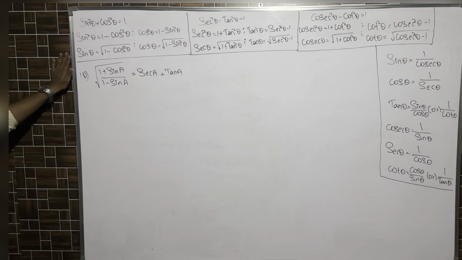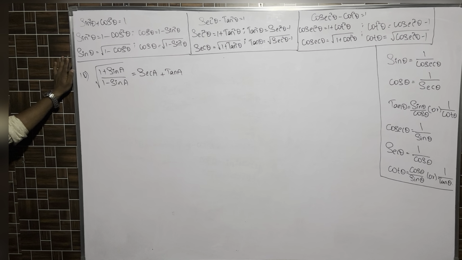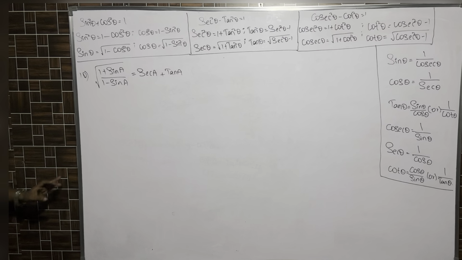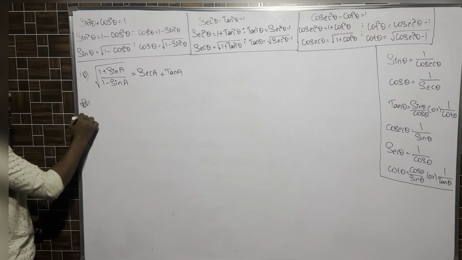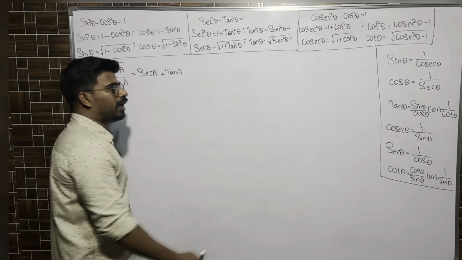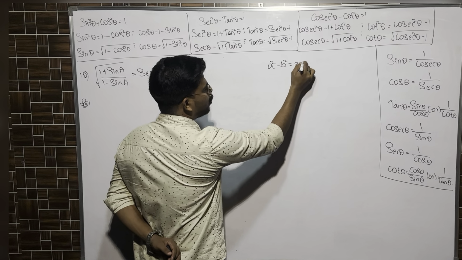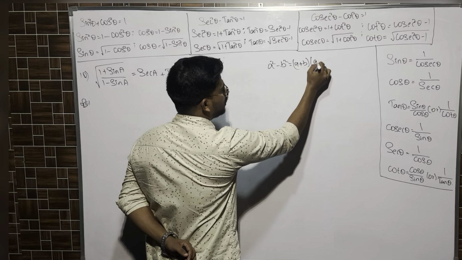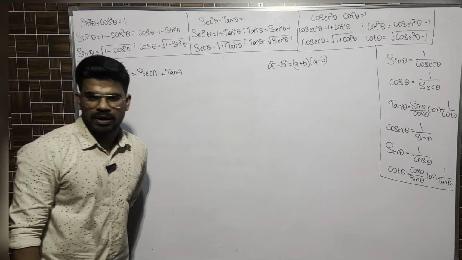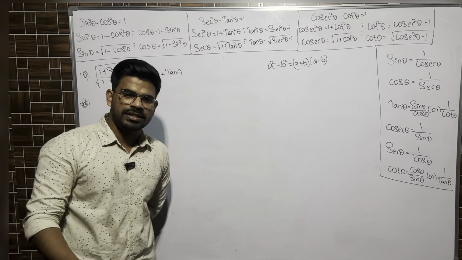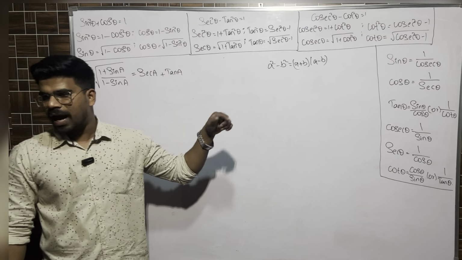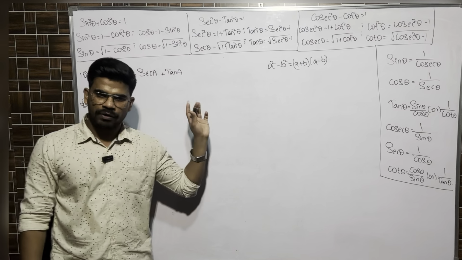So if root is there, in order to get rid of the root, from the 9th class we do rationalizing the denominator. First we have to rationalize the denominator. Some formula which you will use quite often here is a square minus b square. A square minus b square is equal to a plus b into a minus b. You already know this. This formula will be used very frequently, and whenever we rationalize, it is followed by this formula. After rationalizing, this formula will be used. That you have to remember.